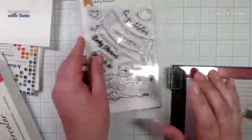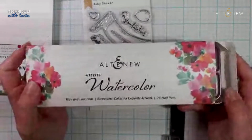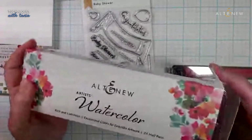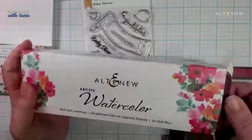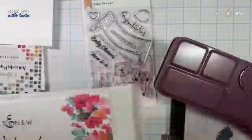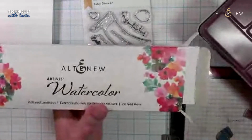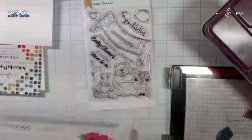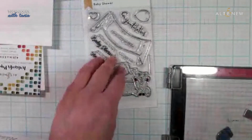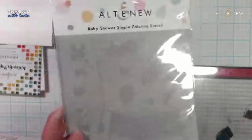And so what we're going to do today, we're actually going to use the artist's watercolor. And this is going to do, oh, Sue, yes, they do absolute flowers. Oh, dovetail butterflies, yeah, I've seen that one out. I'd love to take a look at that one. So I'm going to do some really super quick coloring with the artist's watercolor. And then we're also going to color this in using the very, very simple coloring stencil and show you how